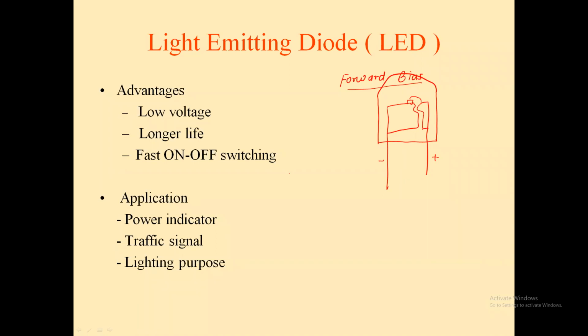And another difference is, what is the difference? The rod which is connected to the smaller plate, the length of that rod is greater than the second rod which is connected to the bigger plate. So the rod which is longer is connected to the smaller plate, which acts as the positive terminal. And the rod which is shorter is connected to the bigger plate, which acts as the negative terminal. In this way, you can identify the terminals of the diode.